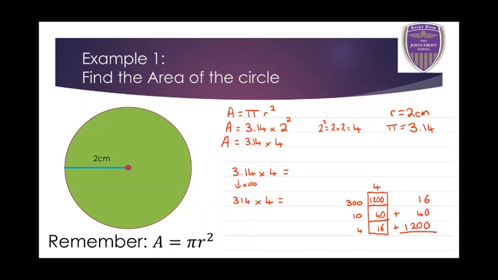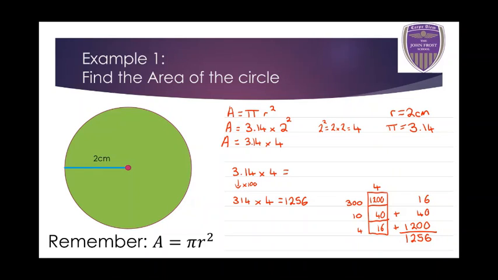6 plus 0 plus 0, 6. 1 plus 4 is 5, 2, and then 1. Okay, so I know that 314 times 4 is 1,256. Okay, but if you remember back to the start of this little bit here, we times 3.14 by 100